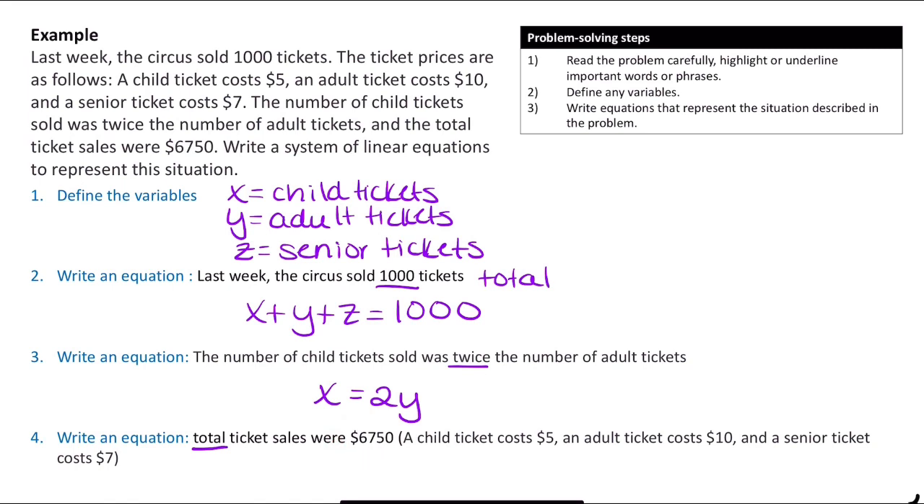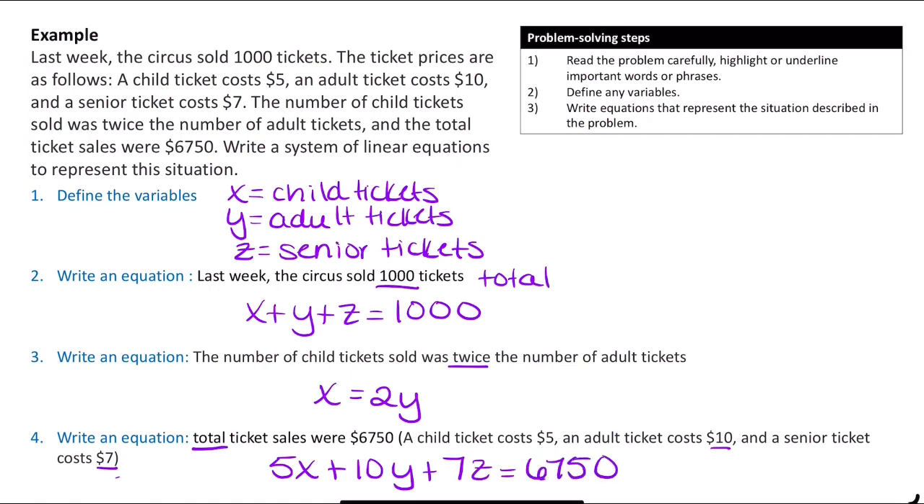But then here we're talking about the total amount of sales. So when we're talking about the total amount of sales in terms of dollars, we need to factor in the price of each ticket. Okay, so instead of just adding together x, y, and z, we're going to multiply each variable times the cost. So for example, for child tickets, we do 5x because each ticket costs $5. For adult tickets, we do 10y because each ticket costs $10. And then for senior tickets, we do 7z because each ticket costs $7. And that's what's going to equal the total of